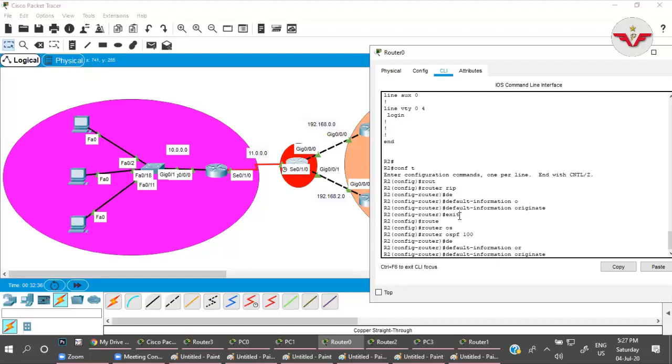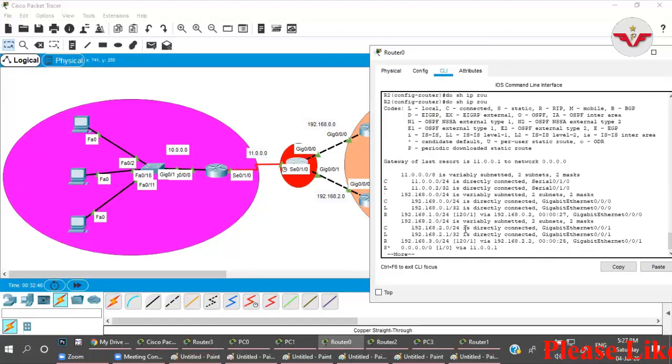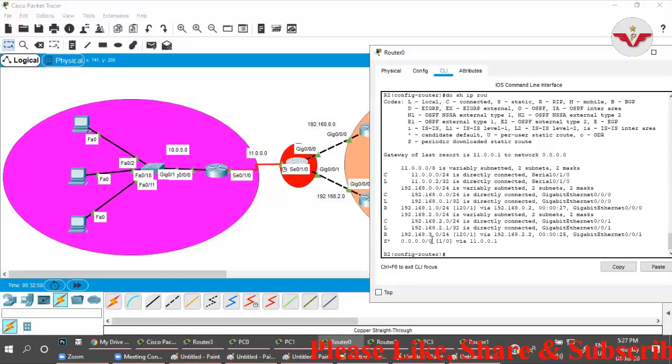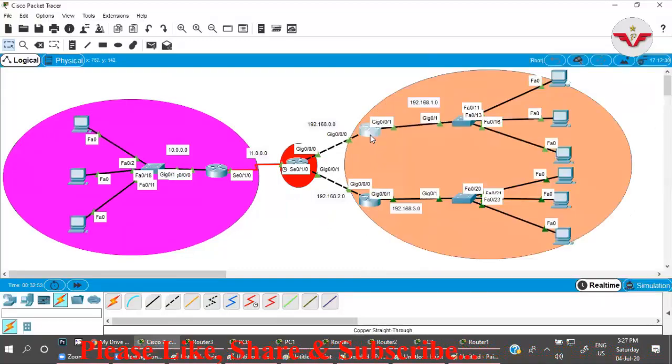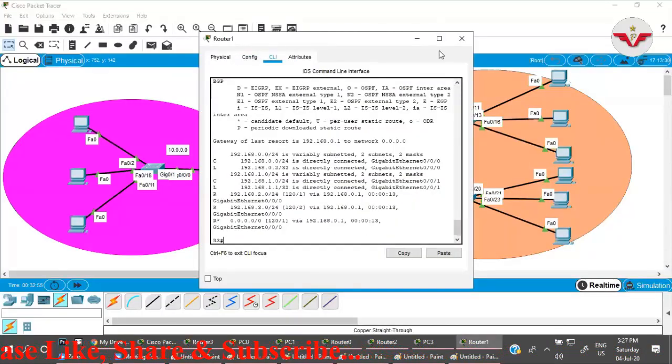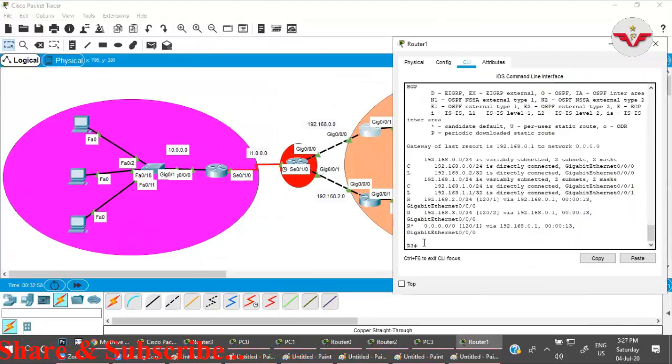Sir, can you type the show IP route command here? On this router, you will not get any impact. If you want to check, you have to check the other routers, because they are getting the updates from this router about that information.